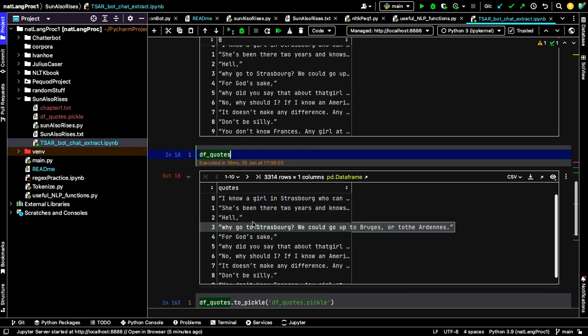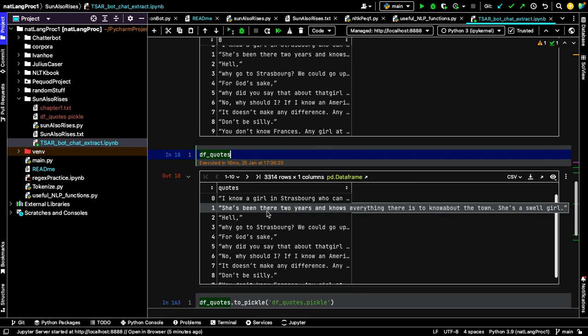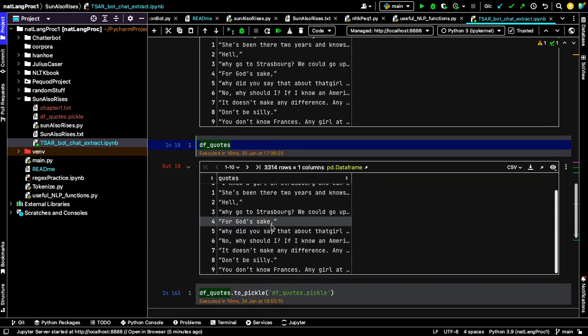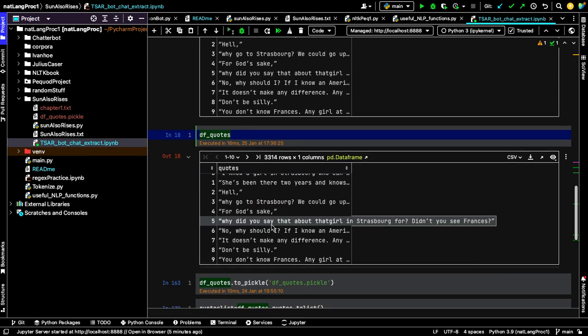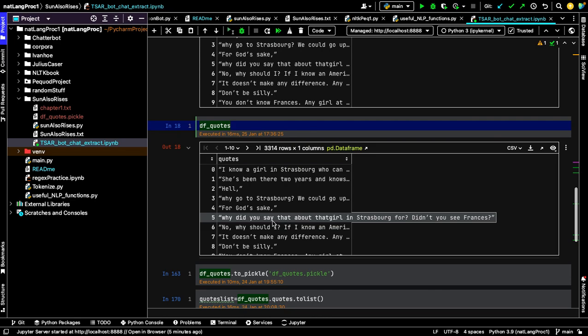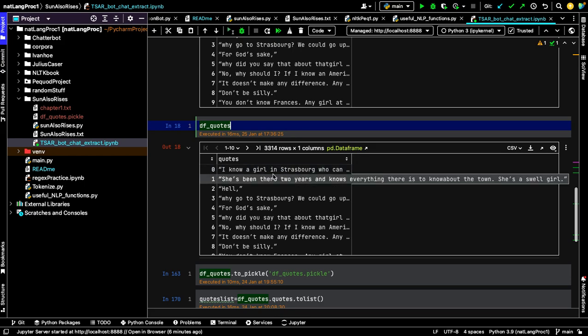For now, this is good data, an example of dialogue from Hemingway, and I can use that as the basis of building a chatbot. There are 3,300 rows, so I can work with that.